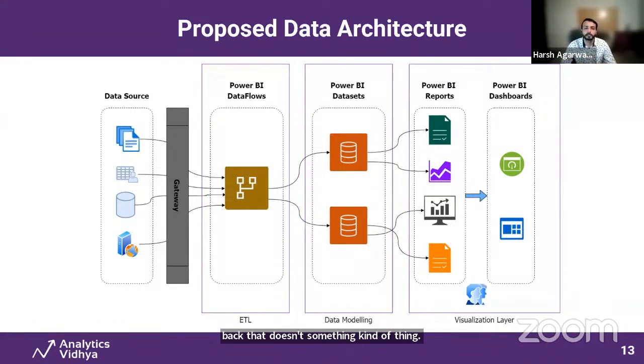Irrespective of whether the refresh was successful or not, the dataset is again in a bad state. If the dataset is in a bad state, the reports will be in a bad state. So to enforce data quality and efficiency, there comes into the picture